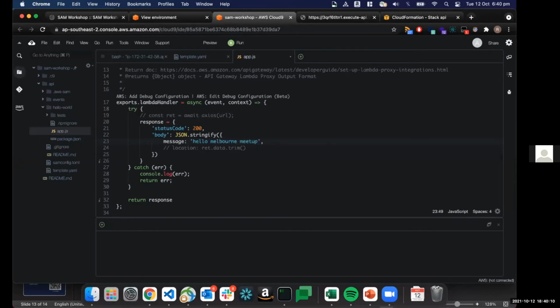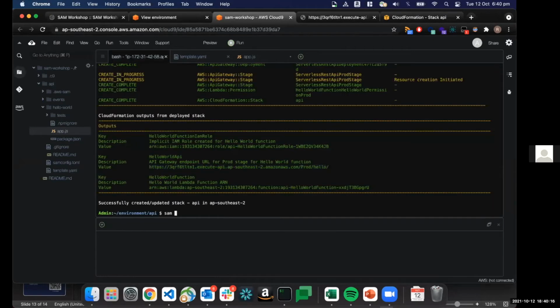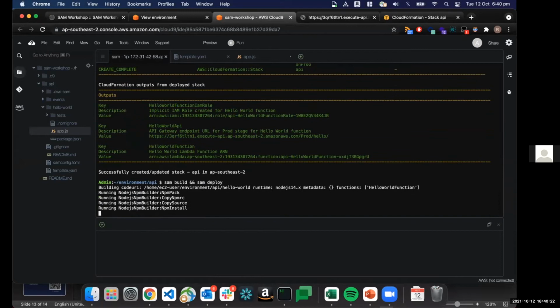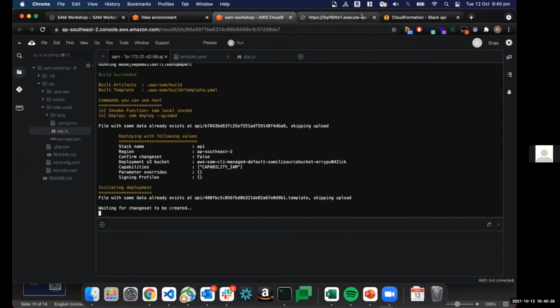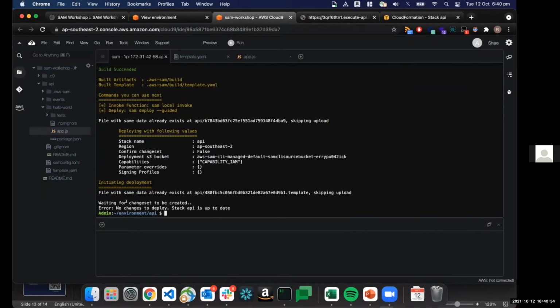Right, so I saved that. What I need to do then is basically save the file, do a SAM build and SAM deploy. Basically, it'll start building up the Lambda function and it'll deploy it again. So if I see here, it says hello world. By the time it actually does the build and the deployment,